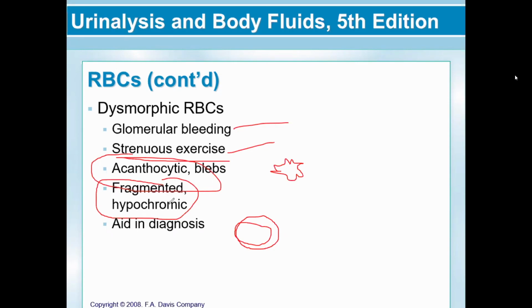So these considerations will aid now in the diagnosis of our patient. Again, the physician of course will not just base his diagnosis on what we see in the UA. He will also use other information, for example, the signs and symptoms and the history of the patient. So next,